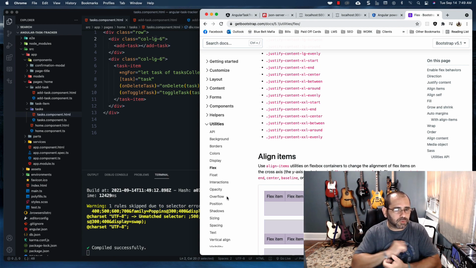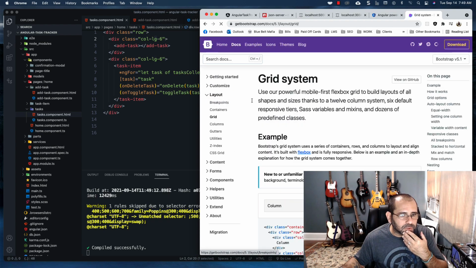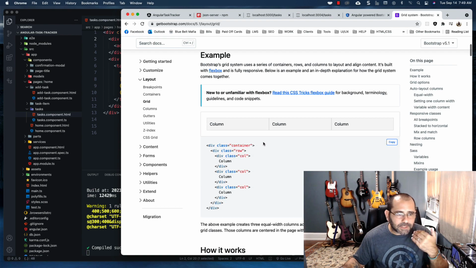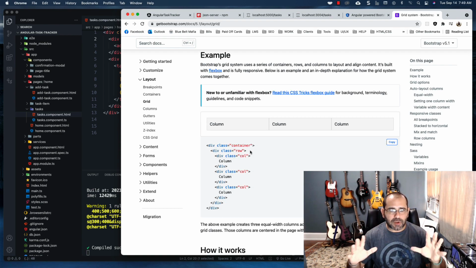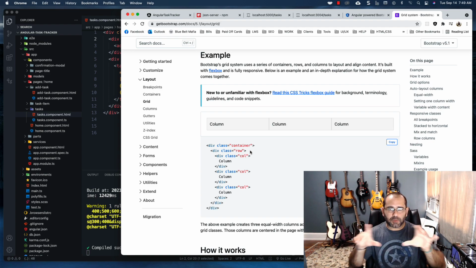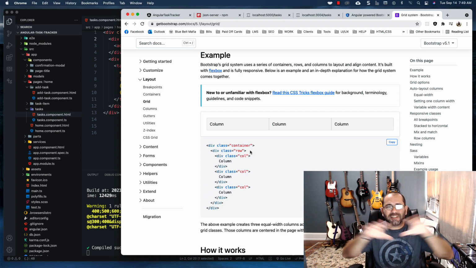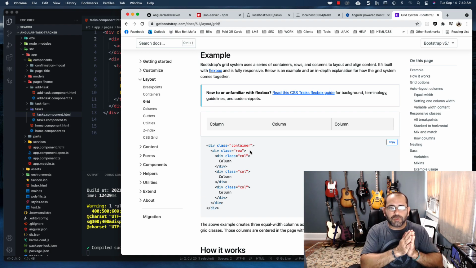Just so we can understand this, let's go to the grid here and talk about this grid system. So the grid has a container, right? The Bootstrap responsive design framework has a container which is going to be divided into either one big column or two columns. They're technically divided by 12 columns, right? So if you use a column,